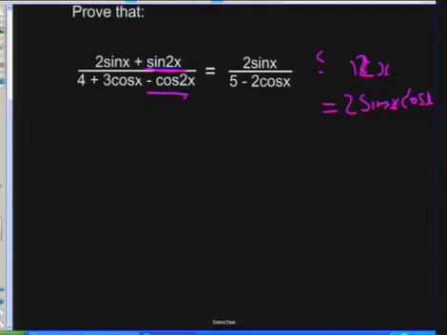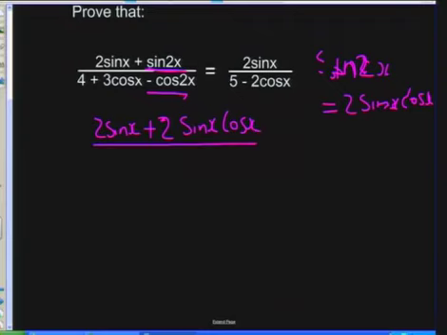This is sine 2x. So I have 2 sine x plus 2 sine x cos x, and this is over 3 plus 4 plus 3 cos